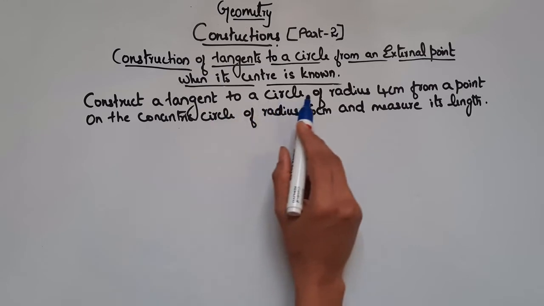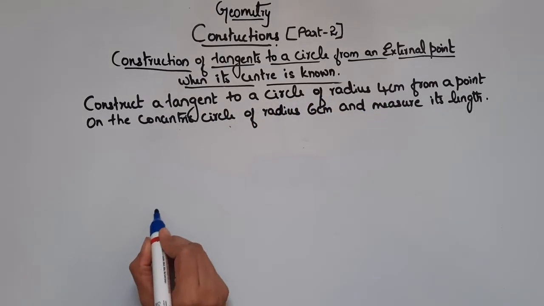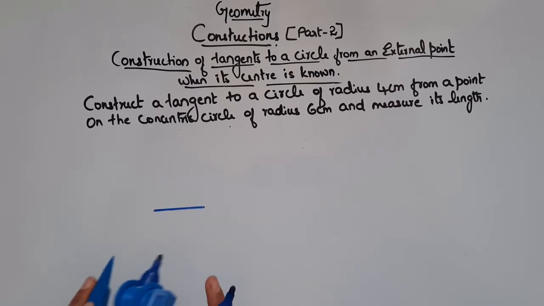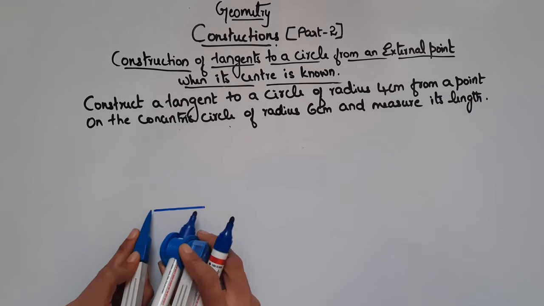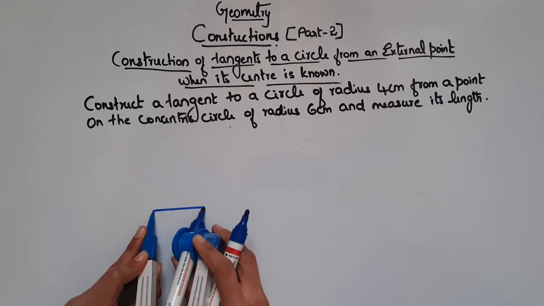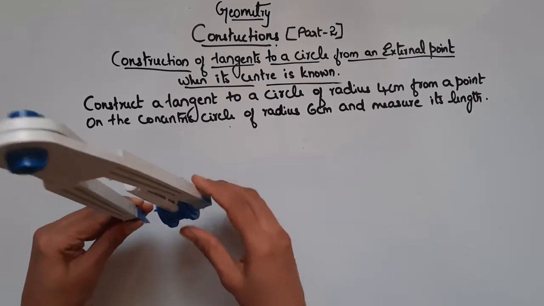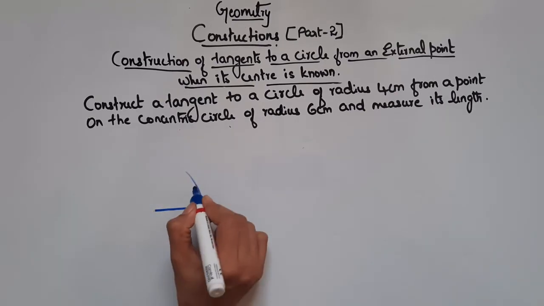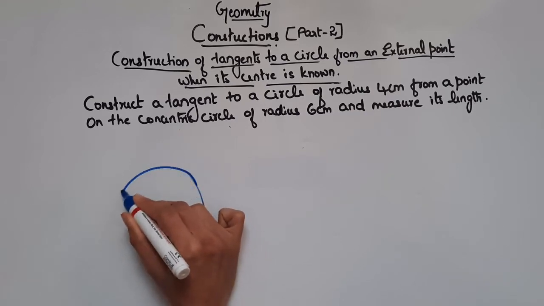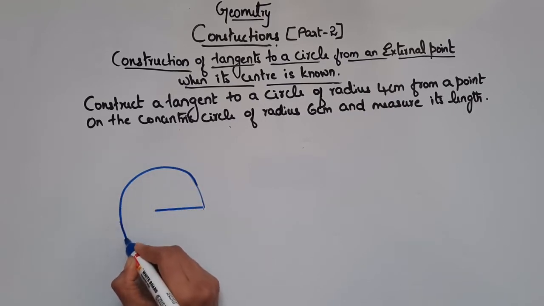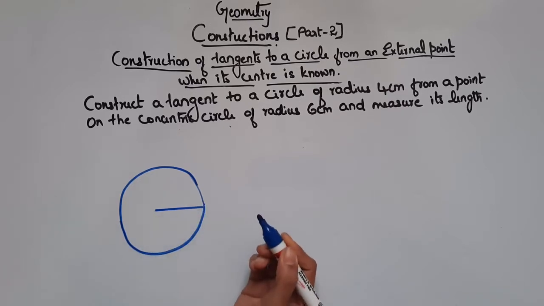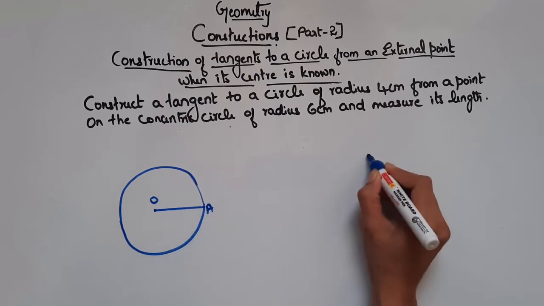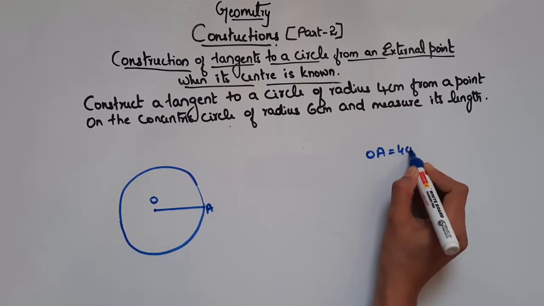So first we will draw a circle of radius 4 cm. Now let's draw a line of 4 cm. So let's say this is 4 cm. Now you have to construct a circle of radius 4 cm. You will take this as radius and draw a circle by using compass like this. So let me draw freehand. So this circle is of radius 4 cm. So this is the center of the circle, O, and let's take this point as A. So OA is 4 cm.